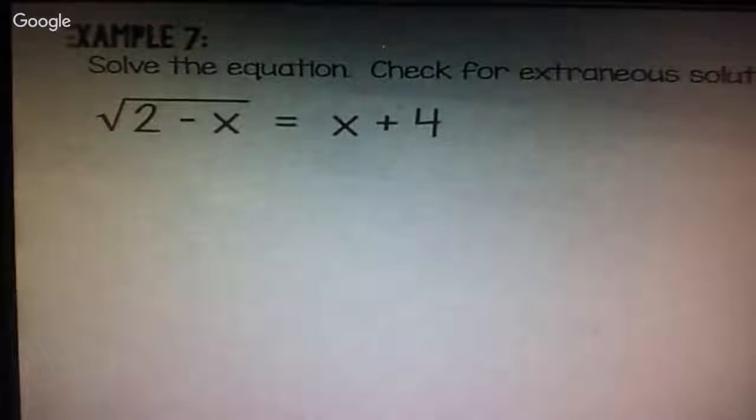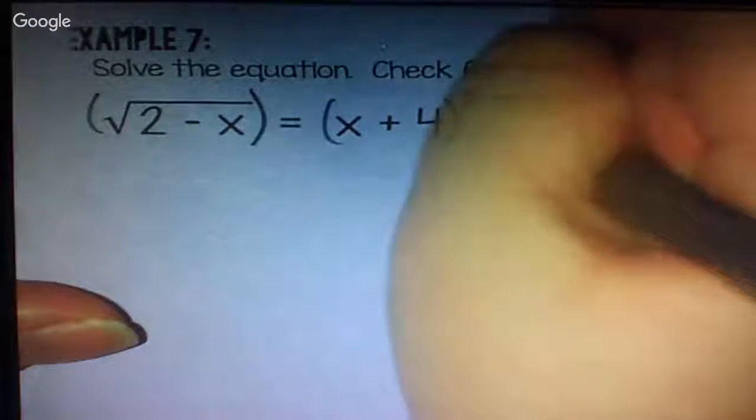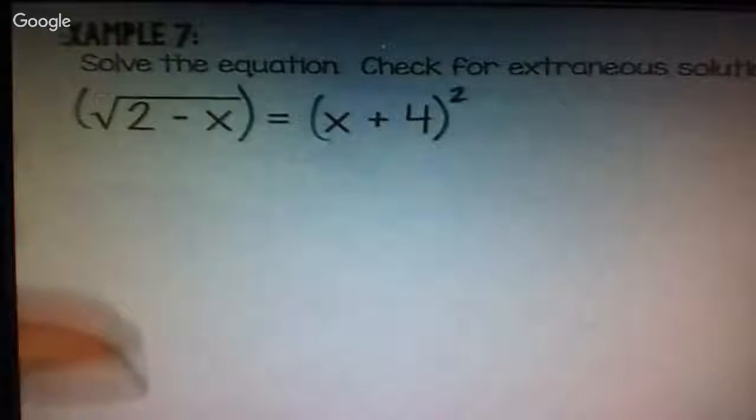So, this case, and I think this is where some of you got confused when we had to do multiplying radicals. So hopefully I can catch some of you here. When I get rid of the square root this time, I have to square both sides. But watch what happens. I'm now squaring a binomial. So that means